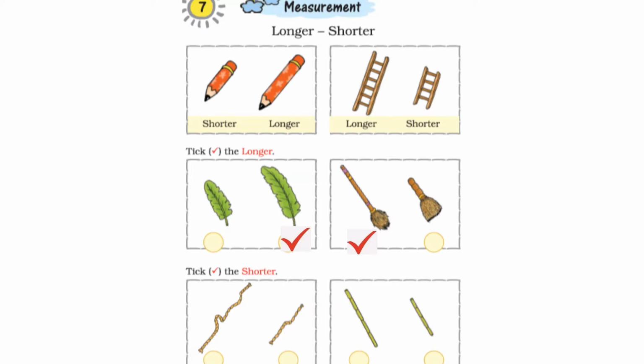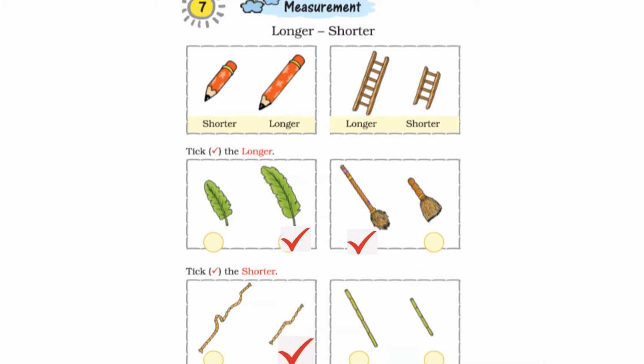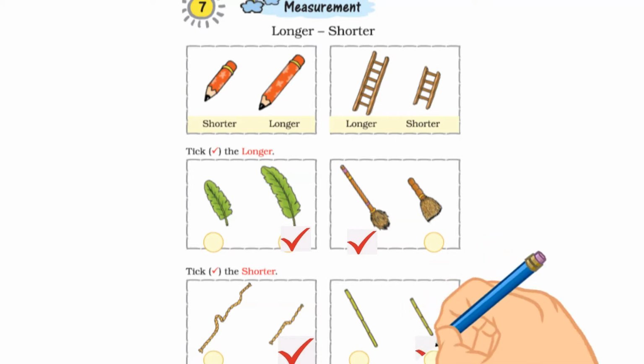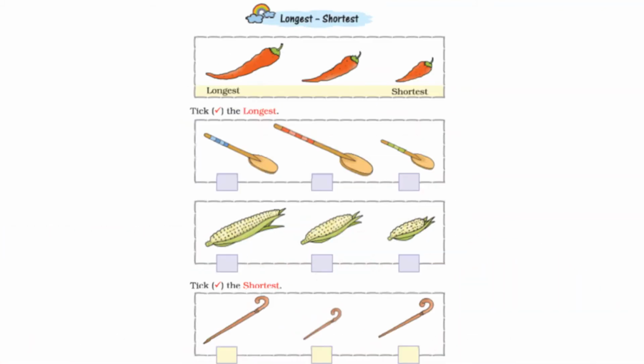Two sticks are there. The two sticks they have shown into next picture. So which is shorter? The right one. Right, tick there. Cool. So we have discussed earlier that EST, when we are using EST,